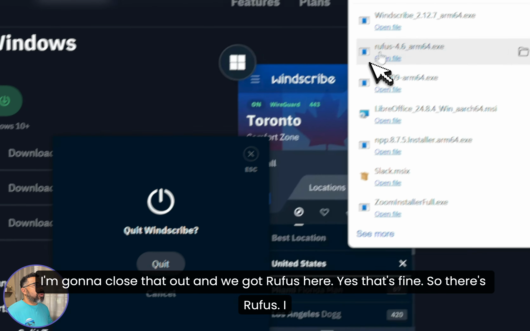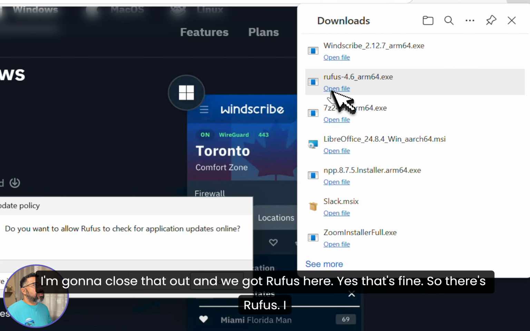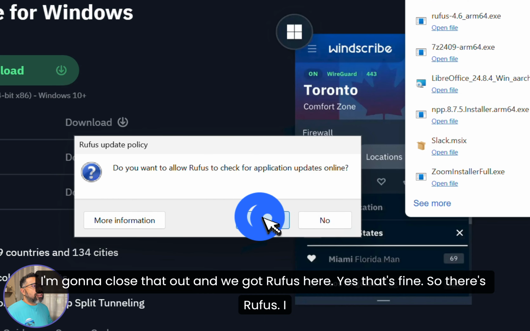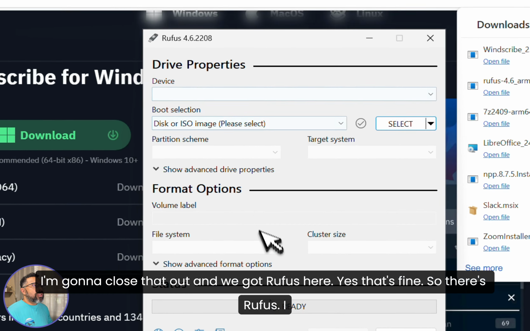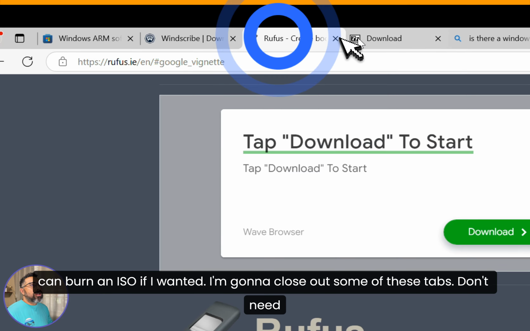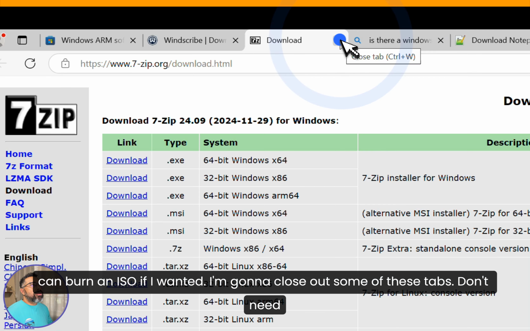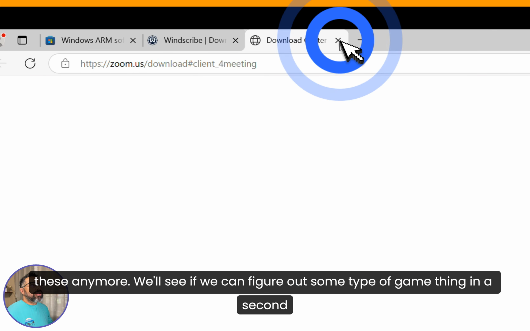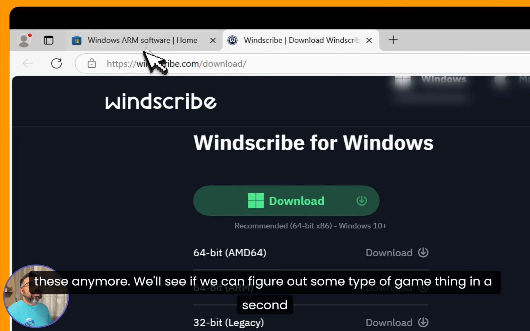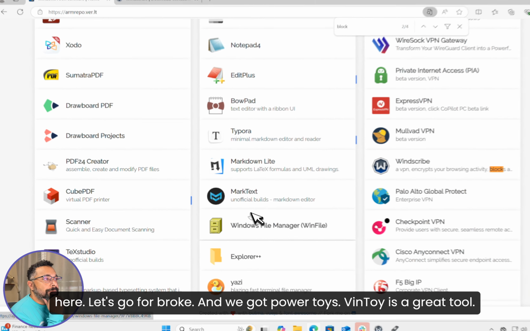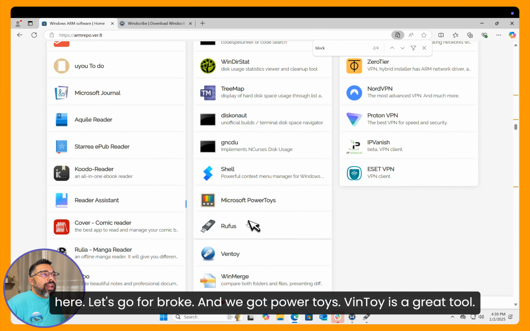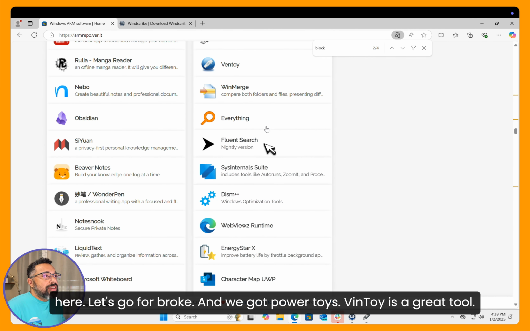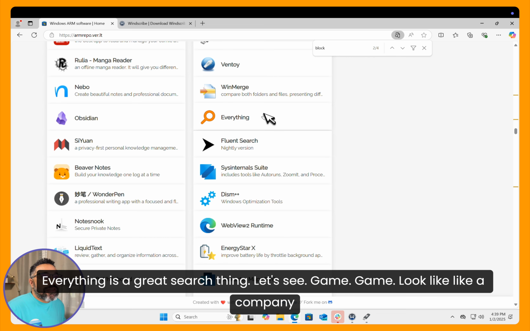I'm going to close that out, and we got Rufus here. Yes, that's fine. So there's Rufus. I can burn an ISO if I wanted. I'm going to close out some of these tabs. Don't need these anymore. We'll see if we can figure out some type of game thing in a second here. Let's go for broke. And we got PowerToys. PowerToys is a great tool. Everything is a great search